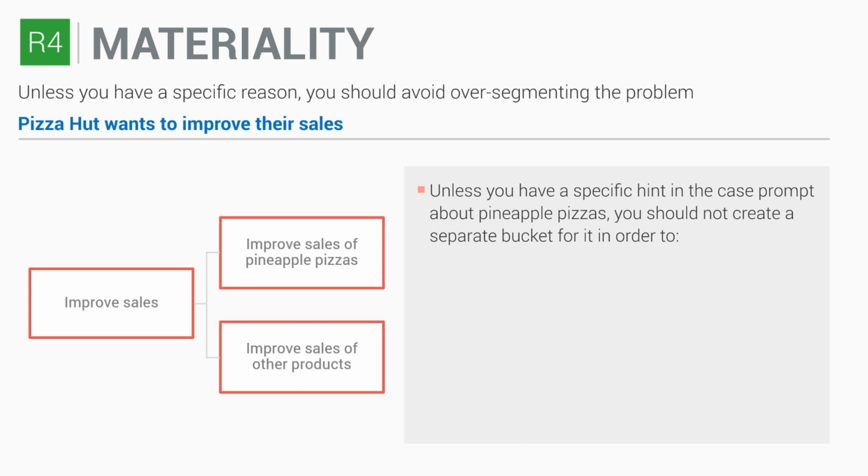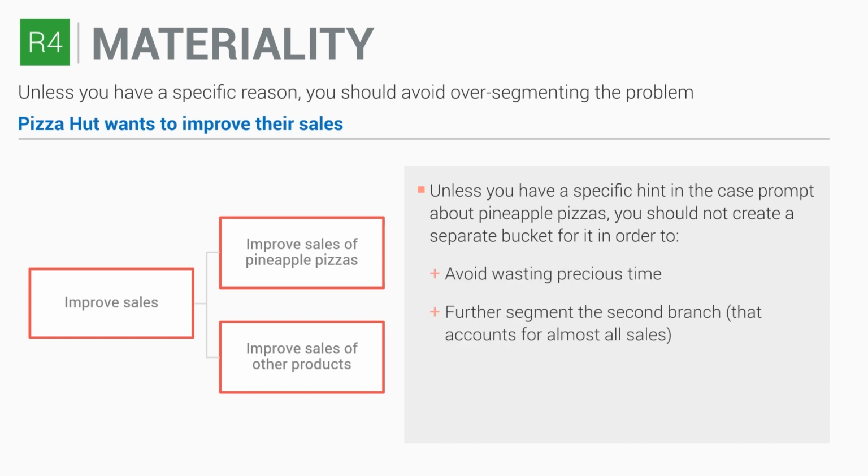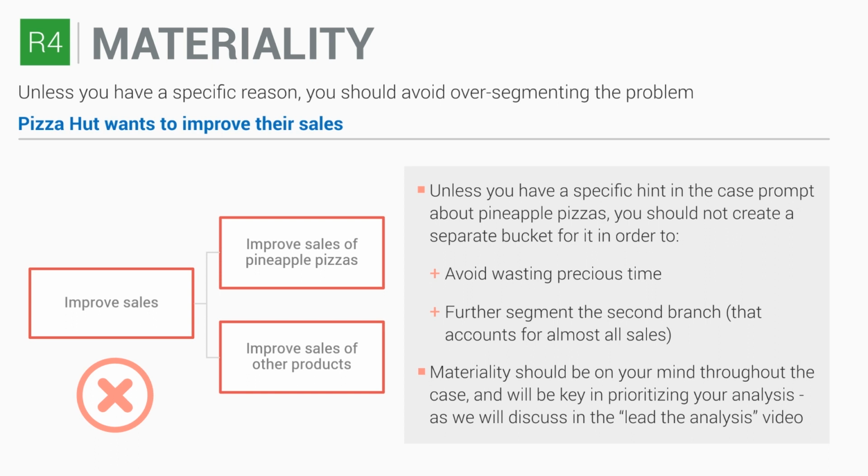Unless you have a specific hint in the case prompt about pineapple pizzas, for example, that 60% of the sales are pineapple pizzas, you shouldn't create a separate bucket for them. Instead, you should use your time to further segment the second branch, which in reality accounts for almost all of the sales. Materiality should be on your mind throughout the case,